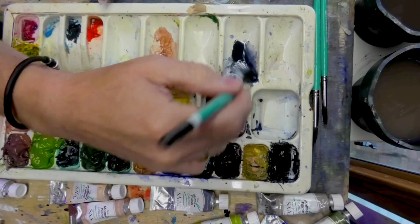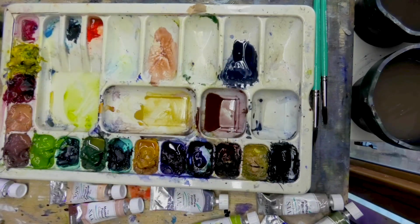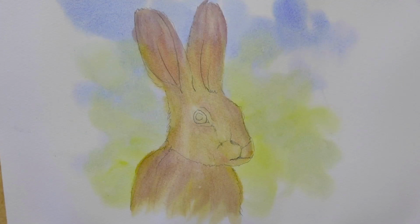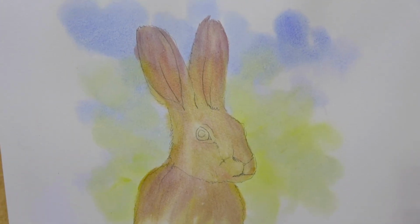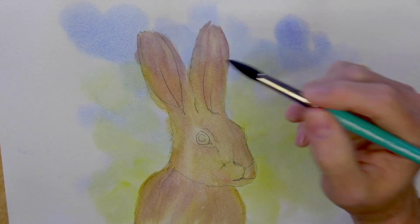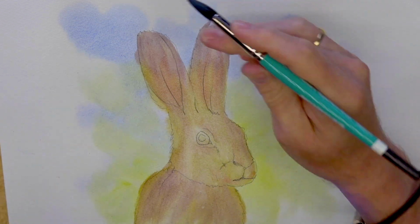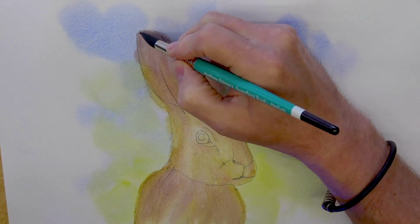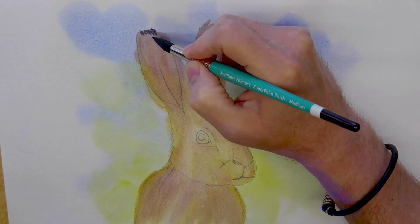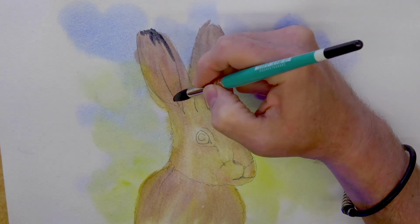You use stacks of it, because everything's got a shadow, from Mr. Palmer's double chin right through to the shadow inside the ears of a hare. Very important, really. So for this, I want to be careful not to get too much on the actual paper, because it's still damp. Your paper's going to go a bit swollen. That's perfectly normal for watercolours. It'll flatten. You can stretch paper, but life's too short for that. We're going to come in inside the ear there and get a few